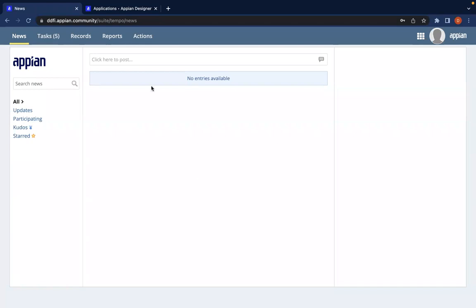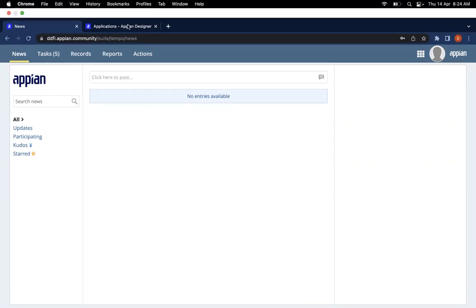So here, this is a community version that Appian provides to the users. Previously, Appian didn't provide an environment to community users; they used to provide a 15 day trial.